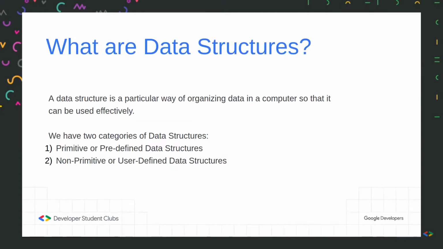So what are data structures? Now data structures are a particular way of organizing data in a computer. Basically, in computer science we usually deal with data, right? So in order to organize the data in the most efficient and optimized form, we need data structures. And in data structures basically we work on implementing, like, most of this course will be about implementing the non-primitive types of data structures using the primitive types.